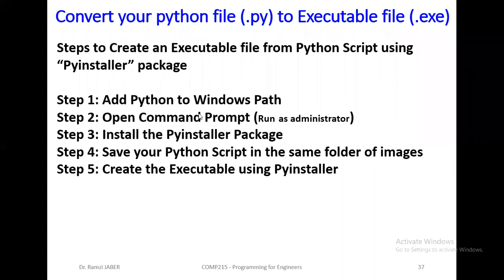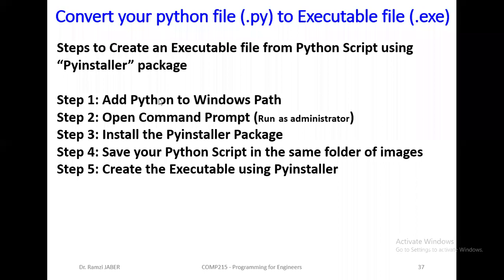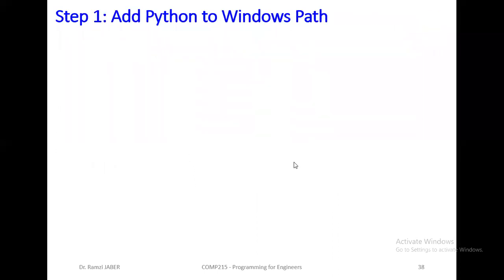The first 3 steps are one-time only. You do them only one time on each computer. Then step 4 and step 5 are for each application you want to convert. So the first 3 steps you do only once on your computer. Then I will go very fast on it. Then run your executable file. Okay, so step 1,